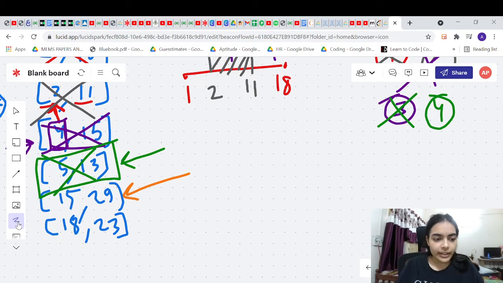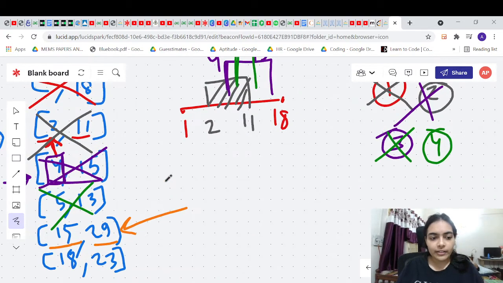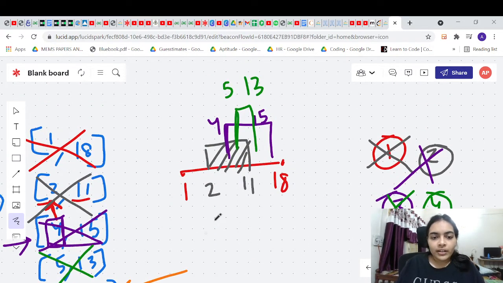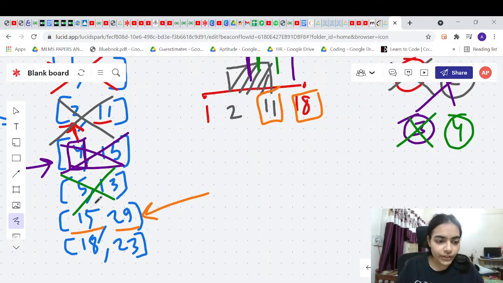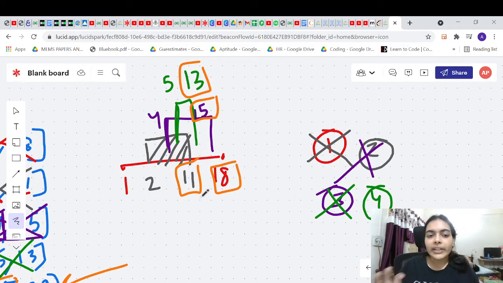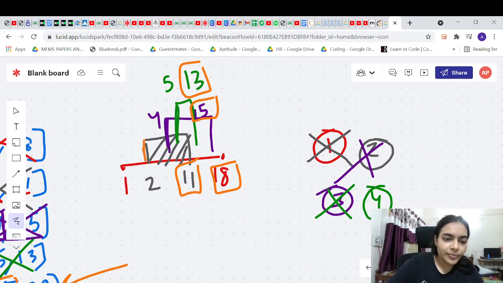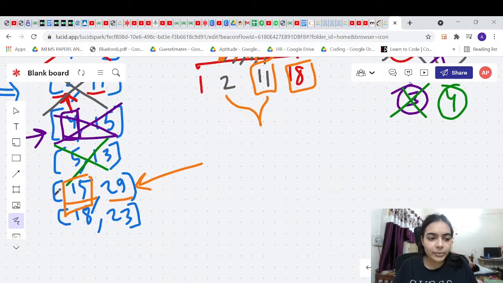Now next room, we can see that the next meeting is starting at 15 and ending at 29. Okay, now you see, when are the meetings ending? 11, 13, 15, 18. Okay, now our meeting is going to start at 15 only. Our meeting is going to start at 15. But you can see that there are two meetings that are going to end before that itself. See, the meeting 2 to 11, right? This meeting is going to definitely end before itself. So this meeting will end at 11. Then we can start our meeting at 15.